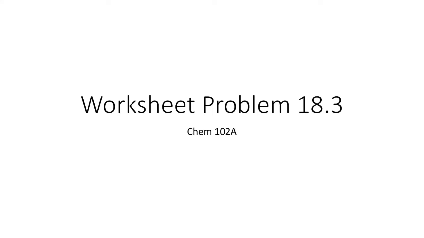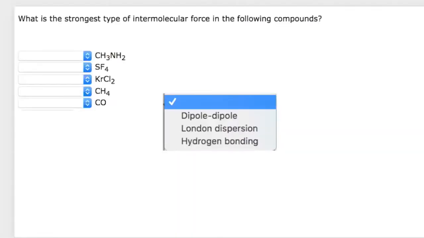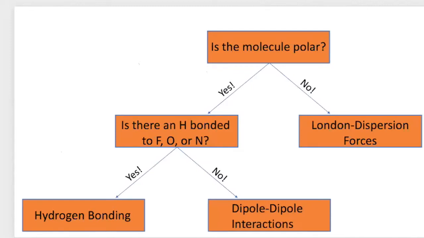Question 18.3 asks us, what is the strongest type of intermolecular force in the following compounds? Much like 18.1, our three options are dipole-dipole interactions, London dispersion forces, and hydrogen bonding. For a quick review of how we decide which intermolecular force is acting primarily on our compound, see the video